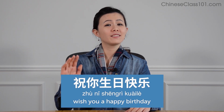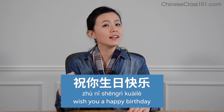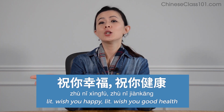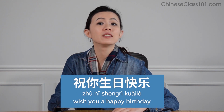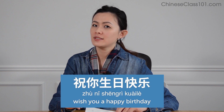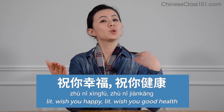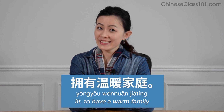祝你生日快乐，祝你生日快乐，祝你幸福，祝你健康，祝你前途光明，祝你生日快乐，祝你生日快乐，祝你幸福，祝你健康，拥有温暖家庭。